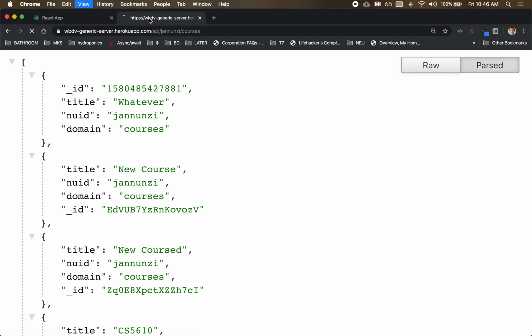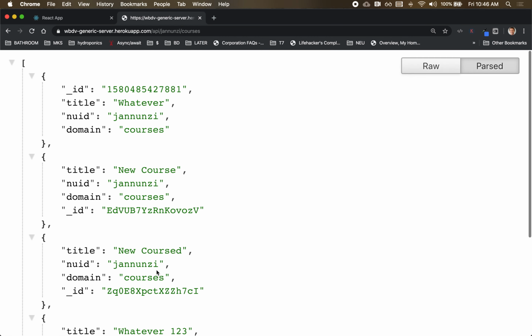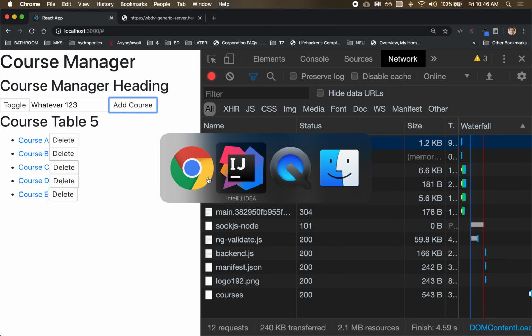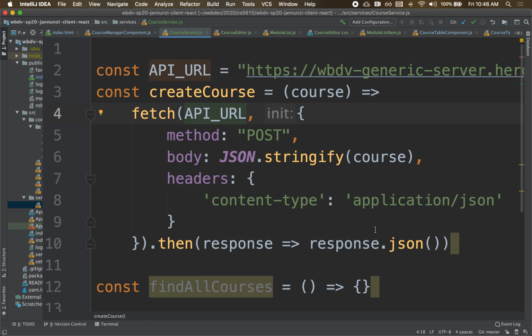And we can always see if it was added. Whatever, 1, 2, 3. So it's working. But a better solution would be that, I mean, this API URL could be used in multiple places, right? It could be used by the course editor as well, by the course manager. So there should be a single place where I can have all my constants. Yes. So to do that,